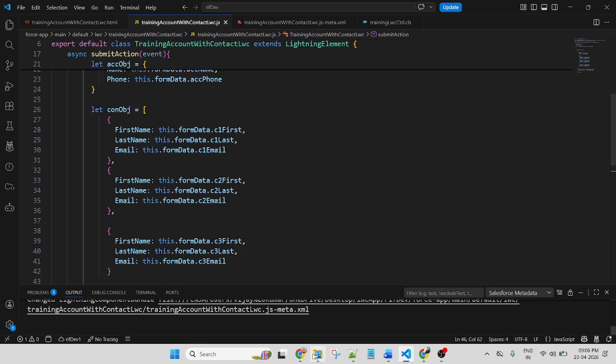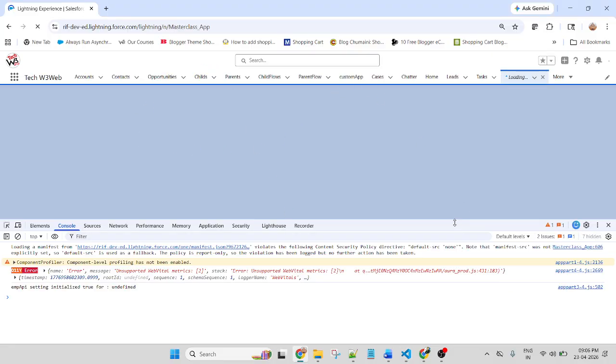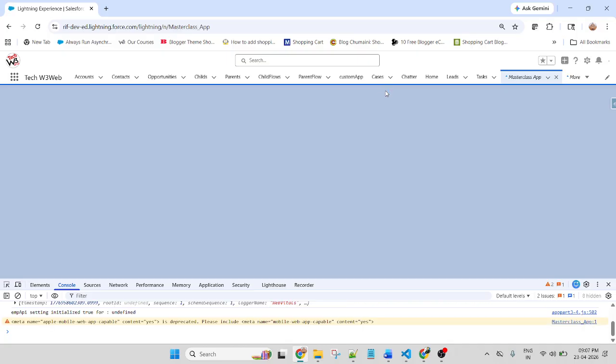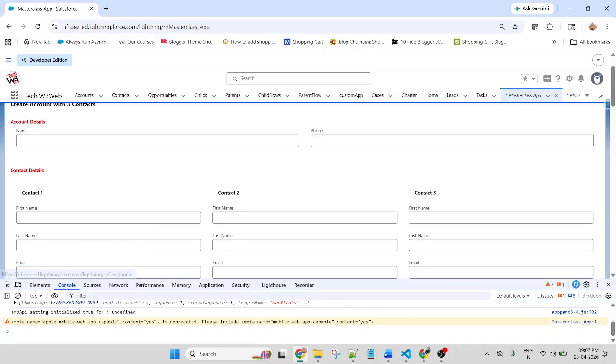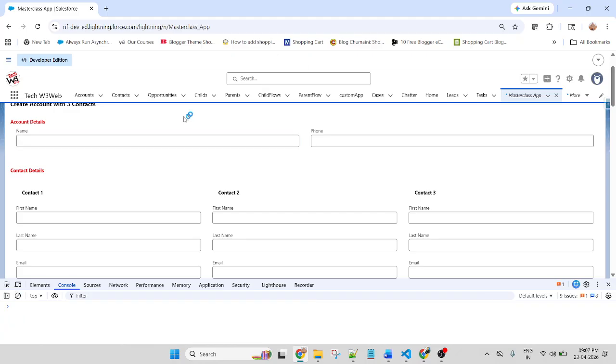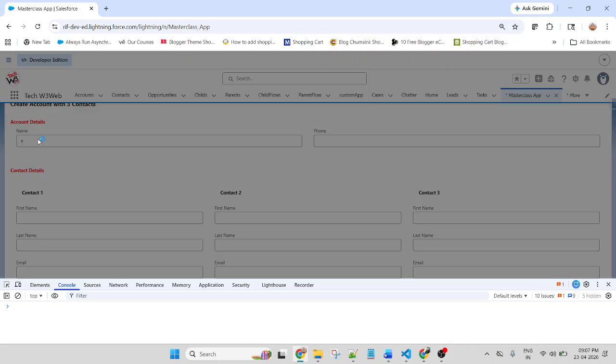So why does it display an error? Maybe my component did not refresh. Let me clean up this console and put V. Yeah, this time it does not display an error.